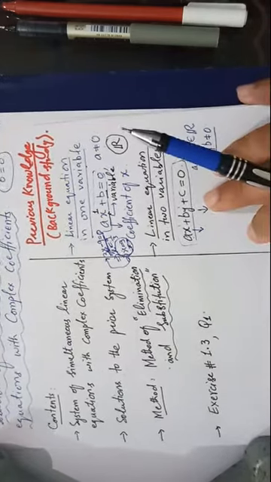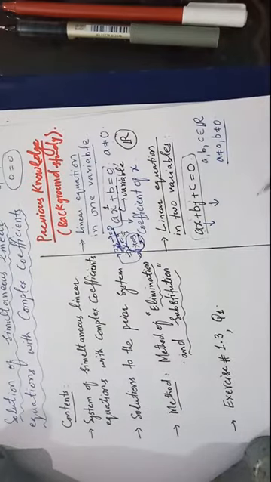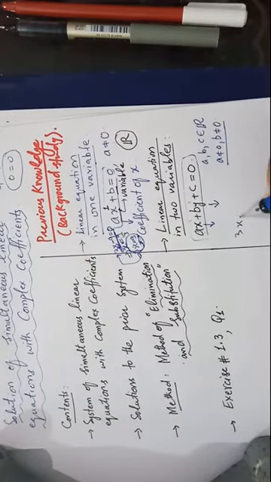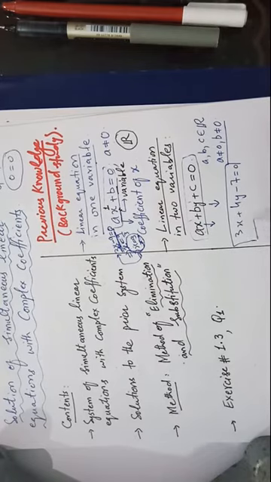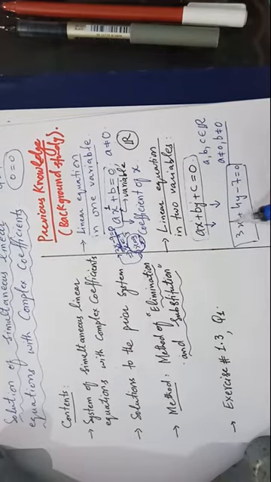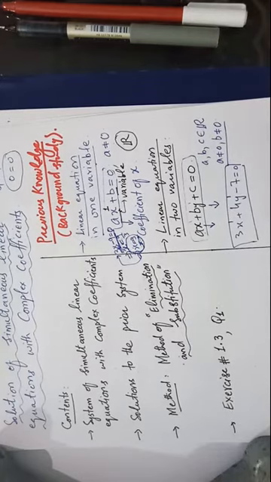Now moving towards the linear equation in two variables. Let's say I choose the example 3x plus 4y minus 7 equal to 0. You clearly see that this is a linear equation because the highest power of the variable in each term is not greater than 1. Here the highest power of the variable is 1, here the highest power of the variable is 1, and in this term there is no variable, so you can say the power of the variable is 0. So the highest power of the variables in this equation is 1. That's why this is a linear equation.